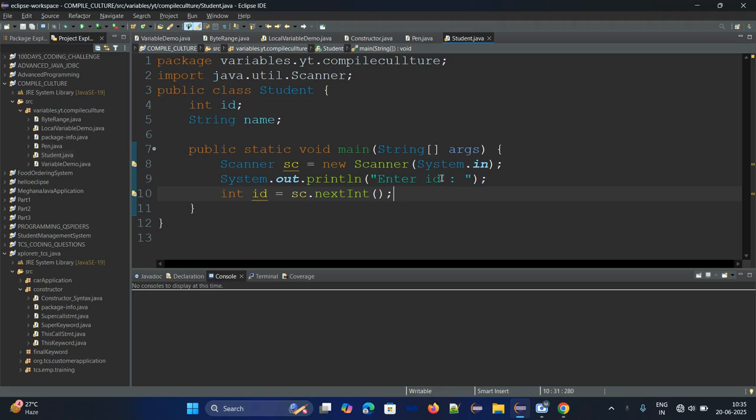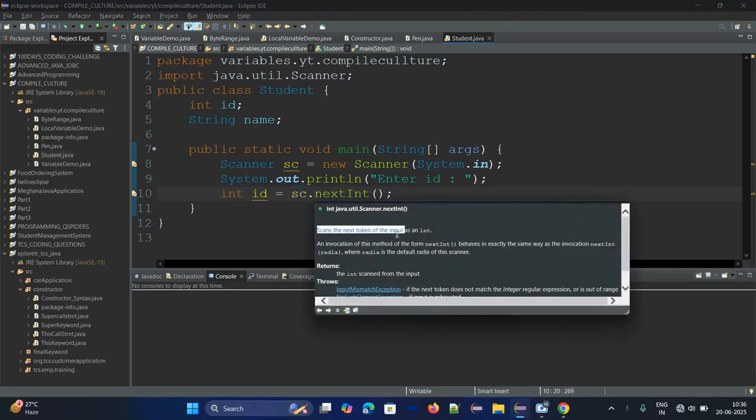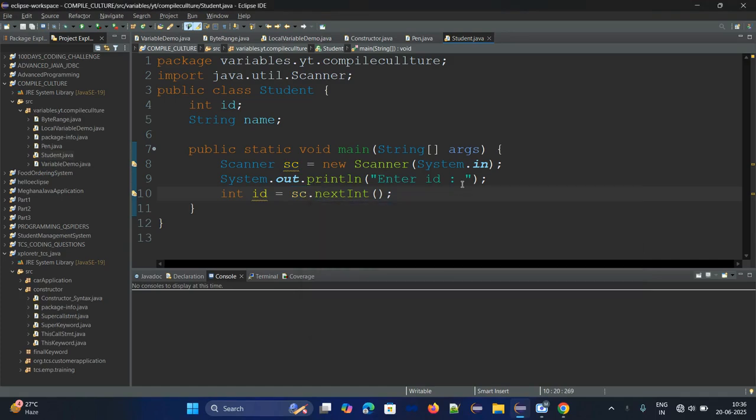See here, we have created an object of the Scanner class, right? sc is the reference variable. By using this reference variable, we ask the user to enter input. Using sc.nextInt(), it scans the next token of the input.